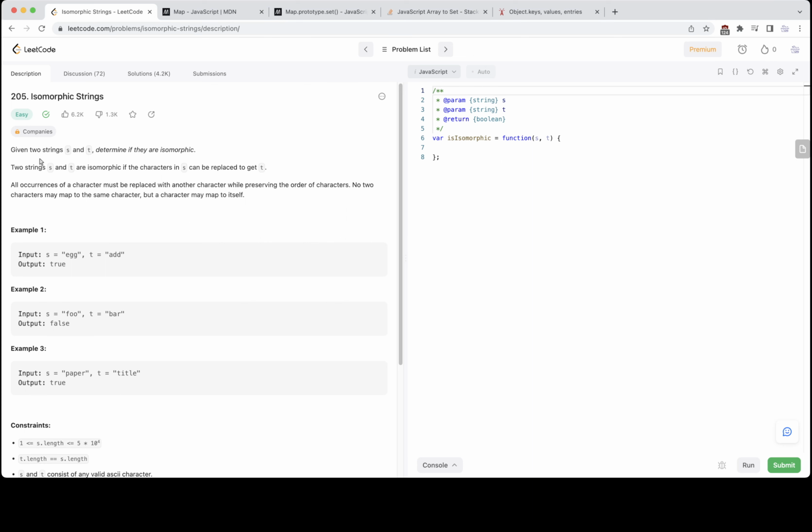So given two strings s and t, determine if they are isomorphic. Two strings s and t are isomorphic if the characters in s can be replaced to get t. All occurrences of a character must be replaced with another character. Note all occurrences, so one character must map to just one other character, while preserving the order of characters. No two characters may map to the same character, but a character may map